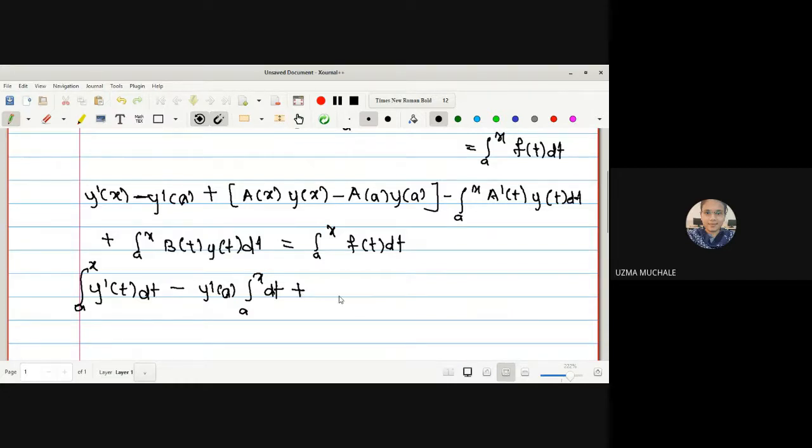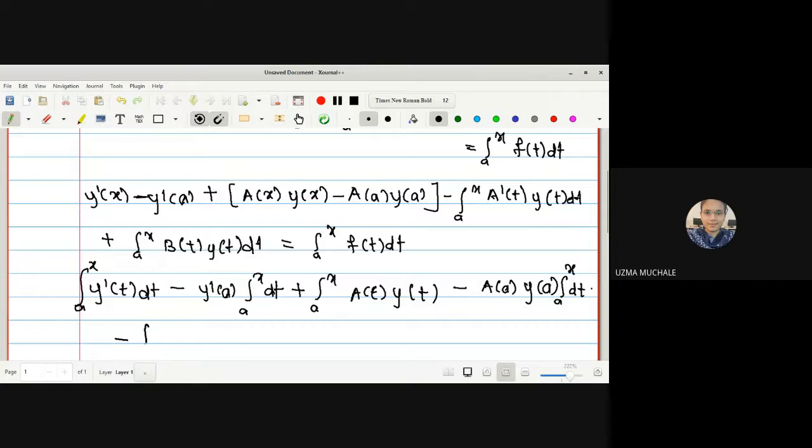Let me integrate these as we are integrating with respect to t. So let us write down the integration of this term will be a of t y of t, correct, minus this a of a. A of x means what? It is some function in x. A of a means we have to evaluate that value of a function at some point a. Similarly, value of function y at a point a. So it will be integration a to x dt because those constant terms we can keep outside.